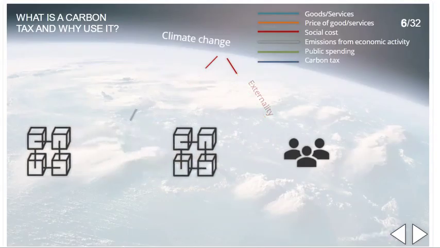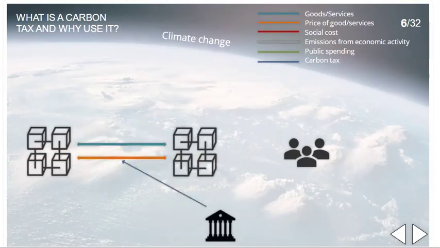One way to reduce externalities is through government action. In particular, governments can intervene in economic transactions by taxing the amount of greenhouse gas emissions that result from them. Carbon taxes send a price signal to market actors by factoring in, or internalising, the social cost of emissions, with the effect of reducing demand for goods and services that produce such emissions.